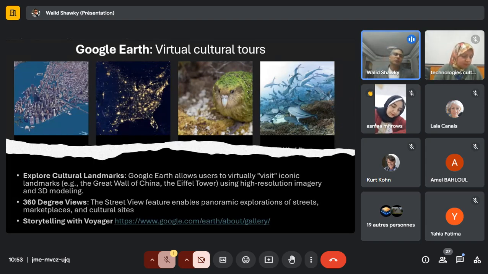So for example, if we're talking about a souk or an old market in Morocco, and we want our students to explore the place, they have no idea and don't know how to speak about it. We can ask students to go to Google Earth, go to Storytelling with Voyager, and find the souk that you would like to talk about, take a tour into the souk, discover the different places, see what people sell, what the colors are, what the most common brands or items sold in this market are, and then get students to talk about it.